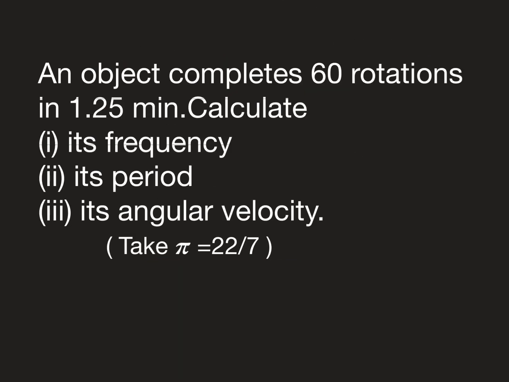An object completes 60 rotations in 1.25 minutes. Calculate its frequency, its period, its angular velocity. Take pi equals 22/7. Solution: